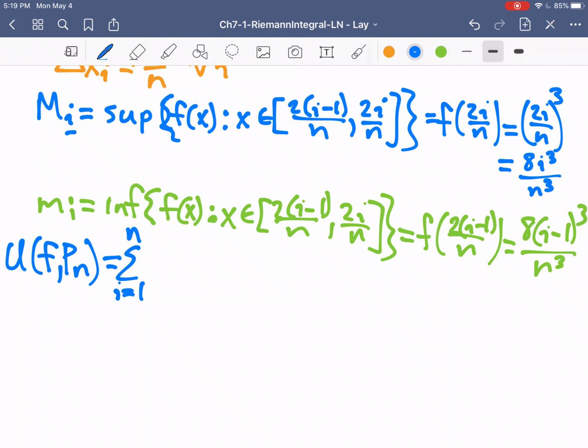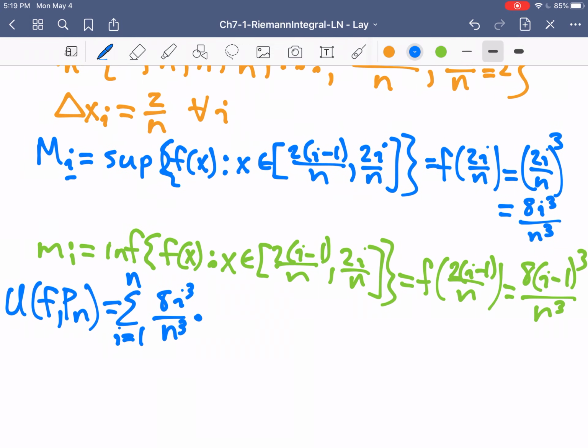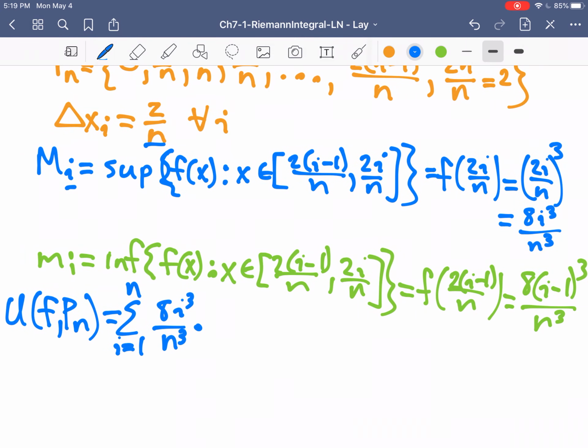We're going to take the function value, so that 8I cubed over n cubed, times the width, 2 over n. So we're adding up all of those. And using some rules of summations, so sum of I cubed. If we use some of our rules of summations, we end up getting that this is ultimately equal to